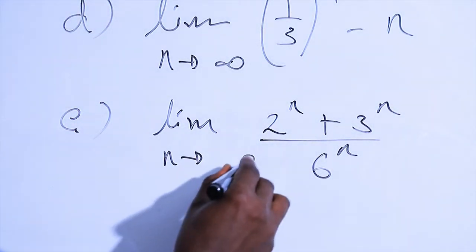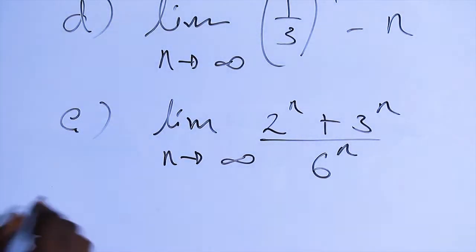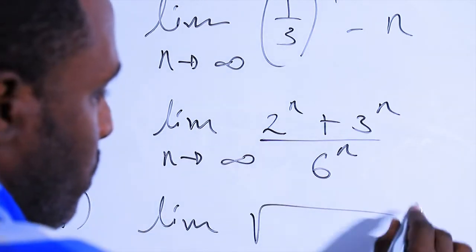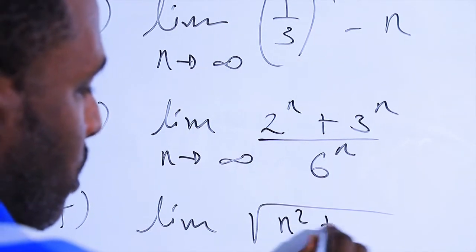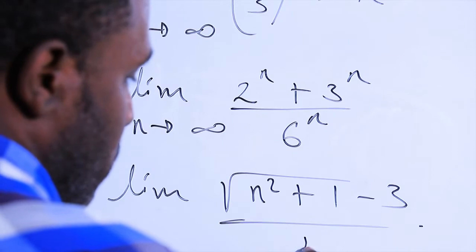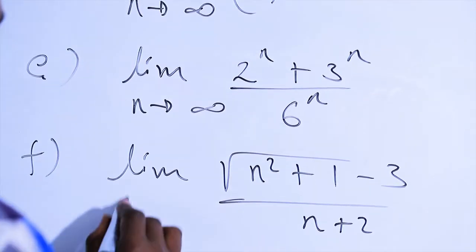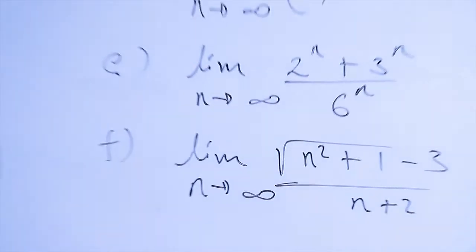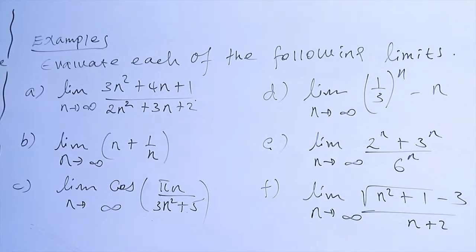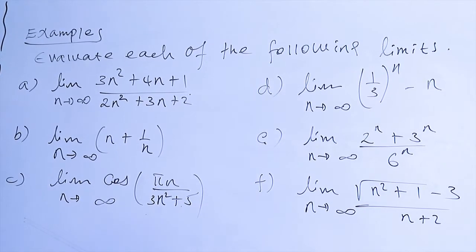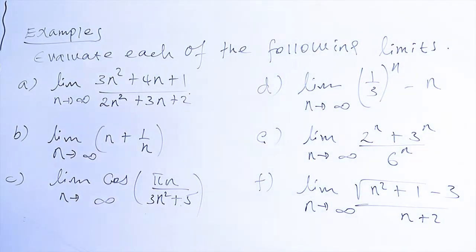The last part is F, the limit of the square root of n squared plus 1 minus 3 over n plus 2 when the value of n approaches infinity. So if you understand what we learned before in class, we must be able to calculate the limit values of all these sequences easily. Now, when it comes to the solution part,